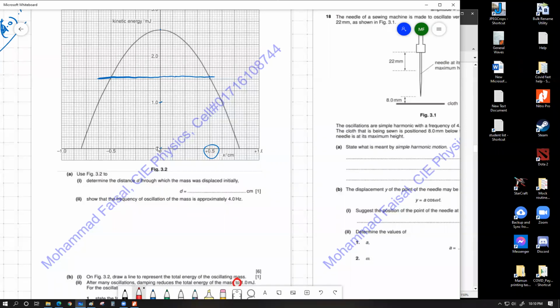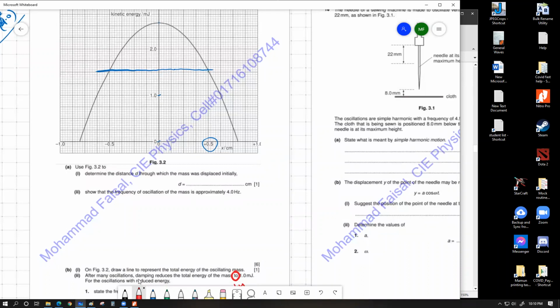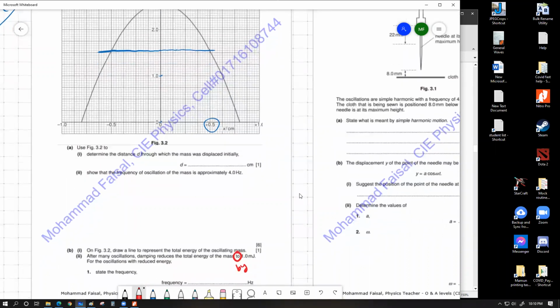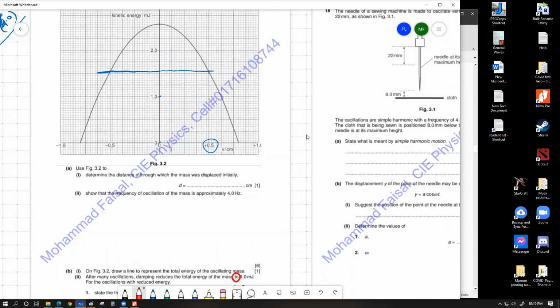Precisely. So I want you to understand that we have to consider a scenario that for the oscillations, if the total energy reduces by 1 millijoule, you have to have a grasp on this. If the total energy of the system reduced by 1 millijoule, then the new energy would be 1 millijoule less of the original maximum energy. So this was the original maximum energy value, and then the horizontal line should be drawn right exactly here.